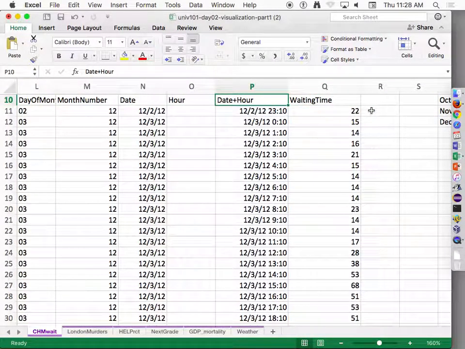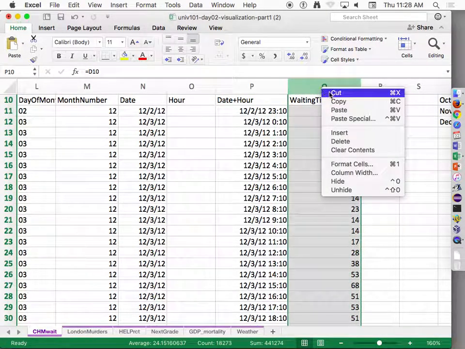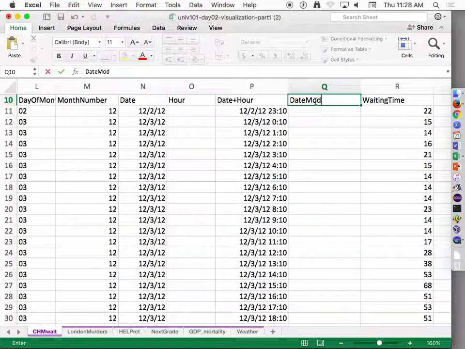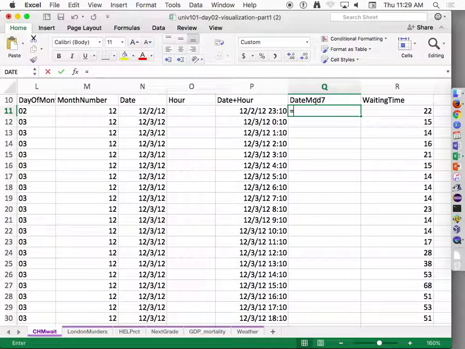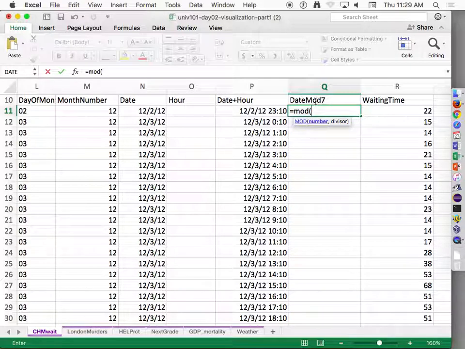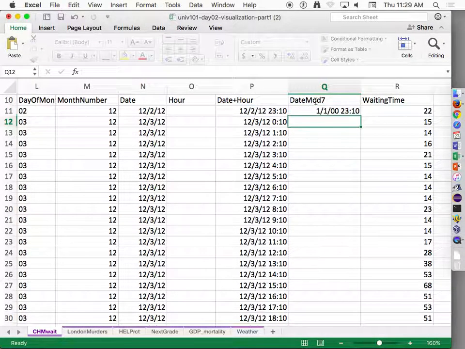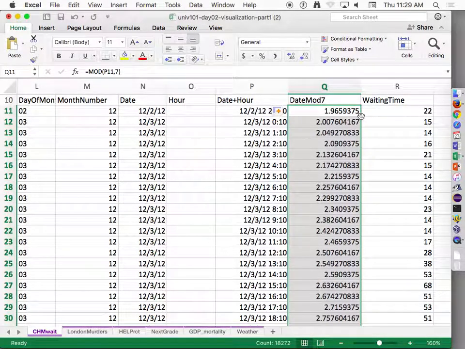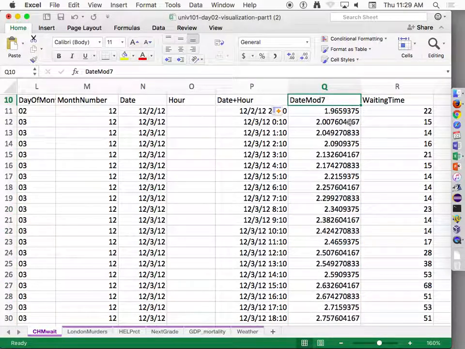Well, there's two ways to do it. Let me make some room here. And the first one is using mod. So mod means modular arithmetic, like what remainder do I get if I divide this thing by 7? So I can say take that thing, divide by 7, and just give me the remainder. Now that's actually not a date. It's just a number between 0 and 7. So now if I plot that,